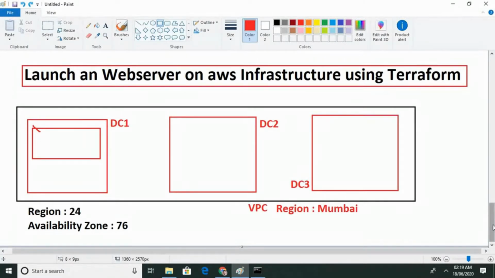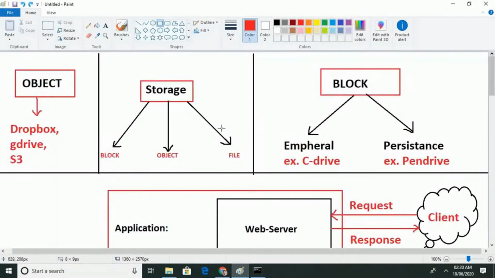So let's start with the services part. Before the services part, I'm going to discuss something about storage. There are 3 types of storage: block storage, object storage, and file storage.